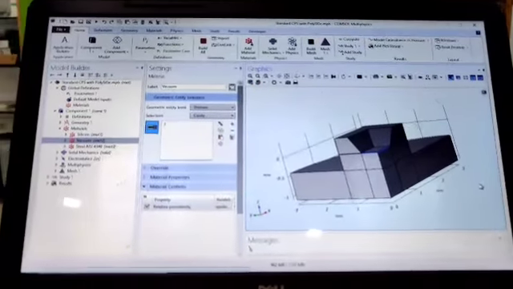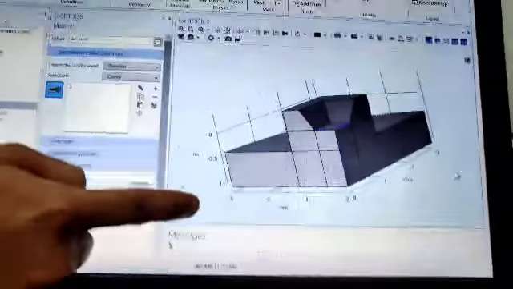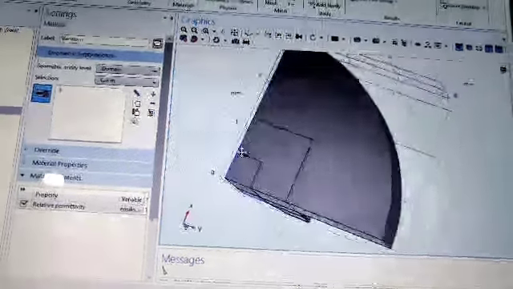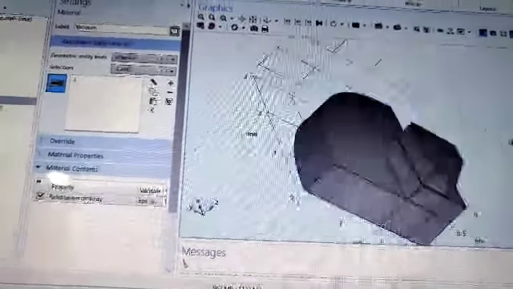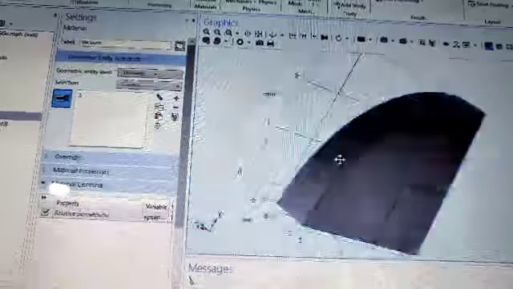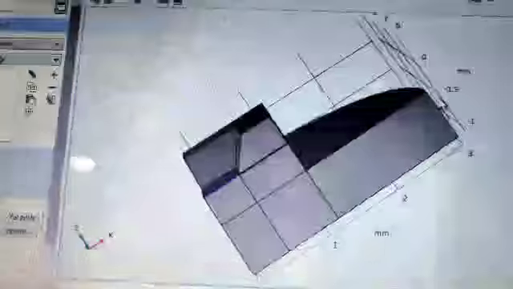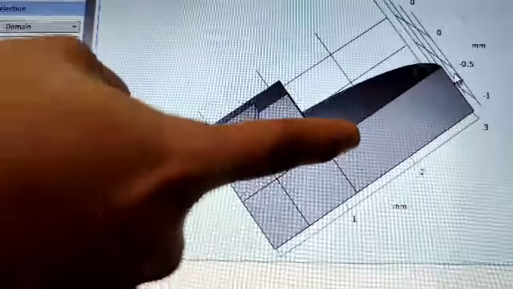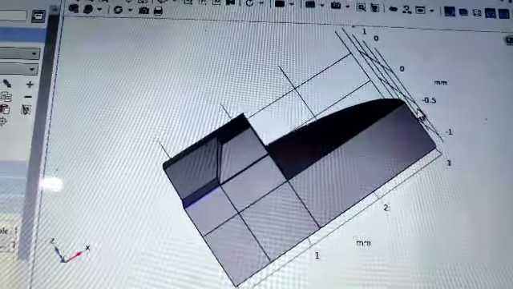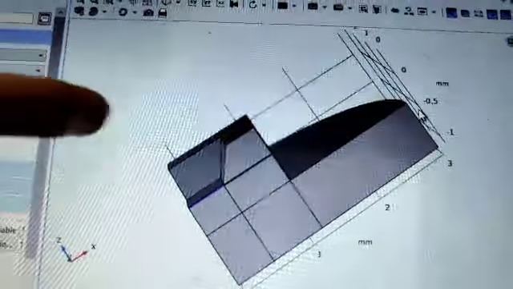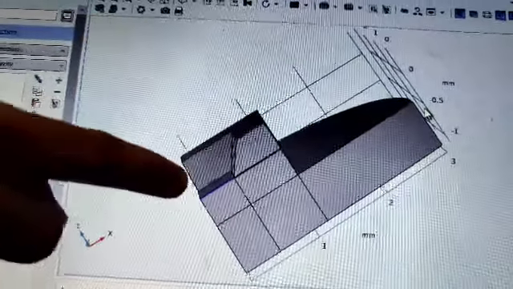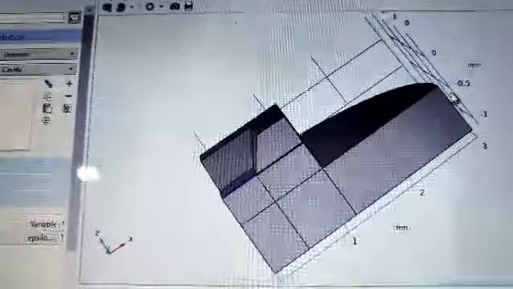Let us look into the software overview. These are the physical statements and this is the actual structure of the sensor in 3-dimensional. This is made up of silver and this is made up of steel. This is made up of steel and this is the outermost part of the sensor which protects it. This is the main part of the sensor which we can see in the blue color.